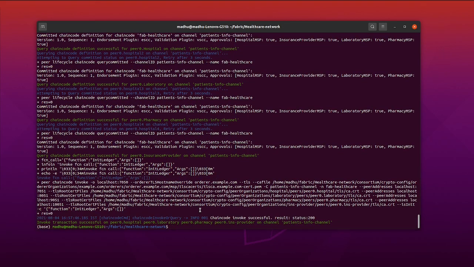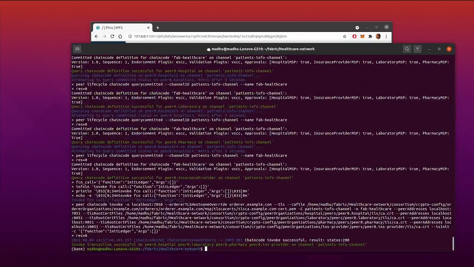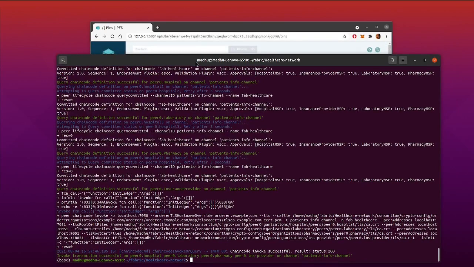Yes, now we have built and deployed the chain code into the channel for all the organizations. Now we are good with IPFS and blockchain, and now let us run the server API and the client application.